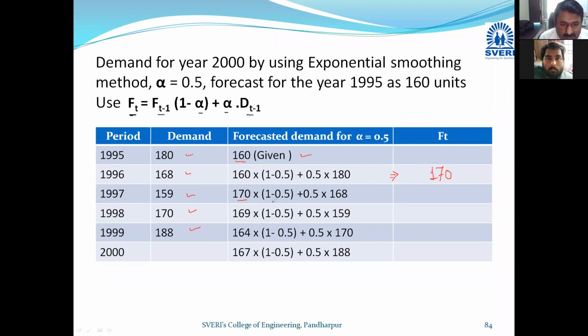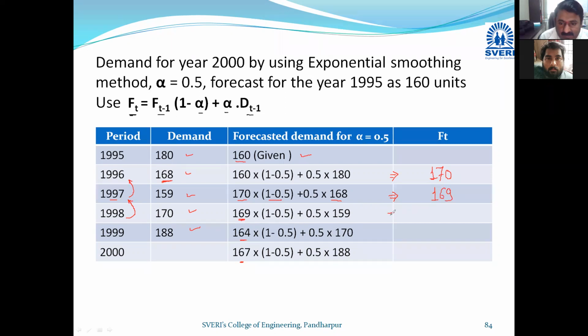So 170 into bracket 1 minus 0.5, actual demand 0.5 into 168. If I am calculating for 1997, I will refer the data for 1996. If I am calculating for 1998, I will refer the data like this. So in this way, you can proceed, and the answers are already mentioned here. These are nothing but the answers of previous steps. So you can mention here, this is